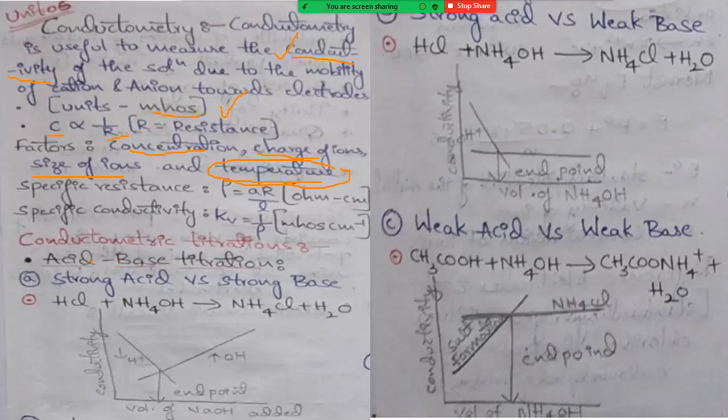Next, coming to conductometric titrations. We have many different types of conductometric titrations. This conductometry will be useful in many titrations. This is an instrumental type of titration. We are not using any indicator here. We are using a conductometer. We place the conductivity cell in the solution so that the conductivity cell measures the mobility of ions present in the solution.